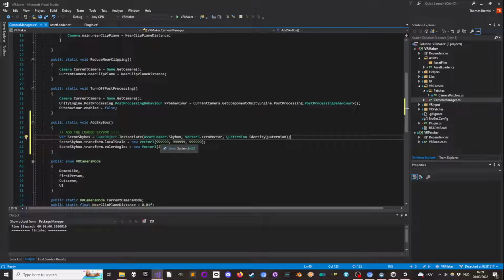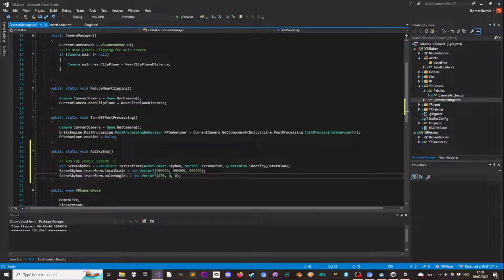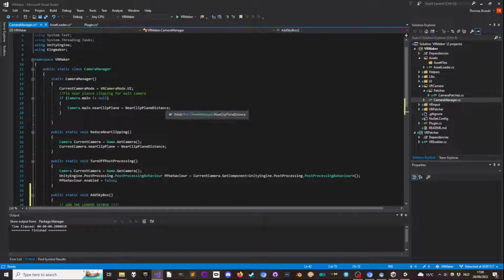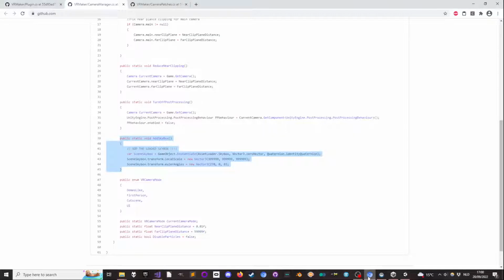Here I'm giving it a scale of 999,999 for everything. And as before, we also want to give it an angle of 270 so that it's angled correctly. Alright, so now your Skybox should be in the game. The only thing left to do, in my case, is to adjust the camera far clipping plane so that we can actually see the Skybox,